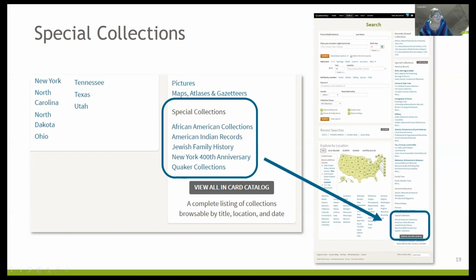But anyway, I hope this will inspire you to go out and do a little bit of digging and a little bit of looking to see if you can find something new that you haven't explored before on Ancestry, because I would bet that once you go in and start looking at some of these collections, you're going to find some things that you didn't even know were out there. I've been working for the company for 22 years, and I still go out there and find things that I didn't even know were out there. They kind of snuck them out there on me and I didn't pay attention.